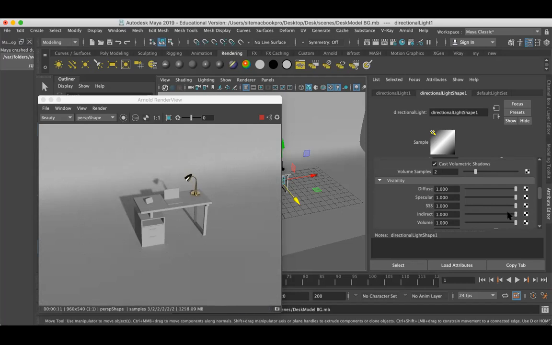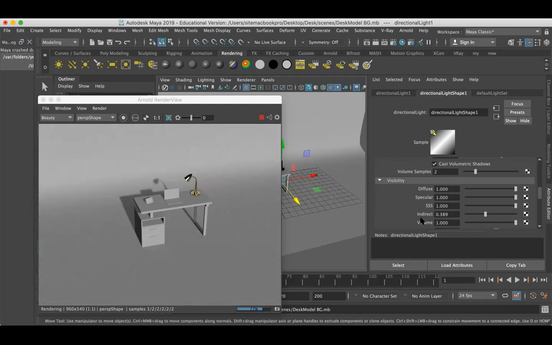Indirect lighting means the bouncing light, which we didn't add. The light bounces from multiple surfaces and hits the objects, and we get some output.